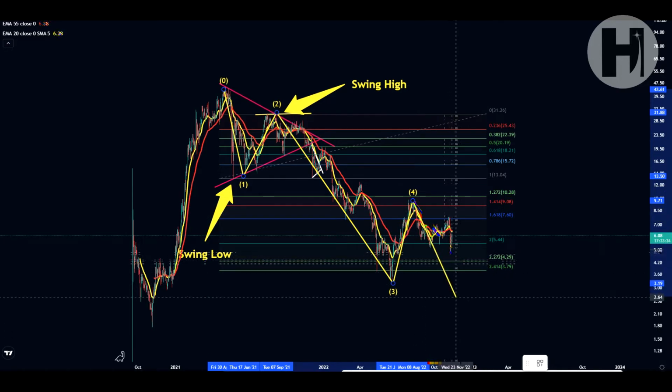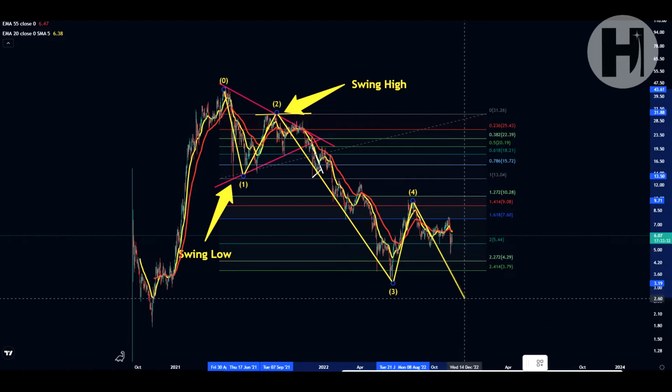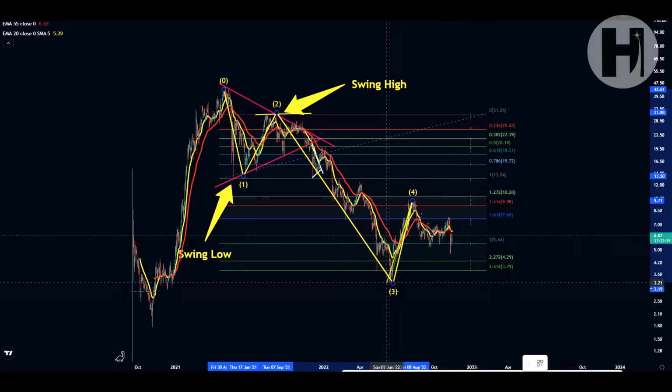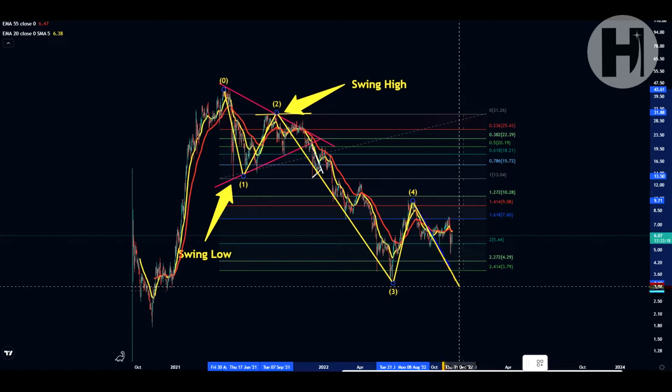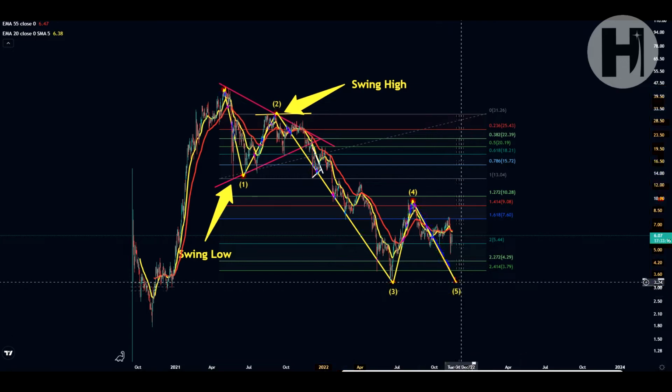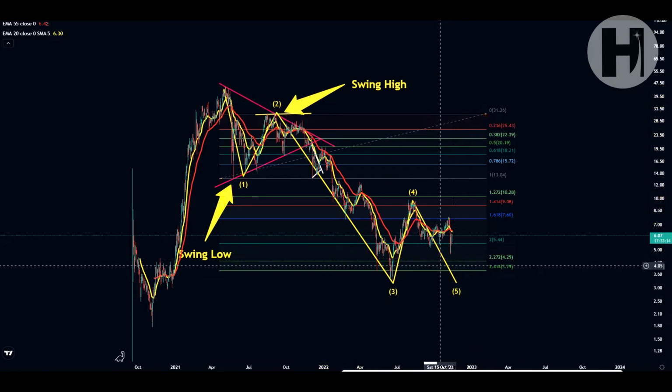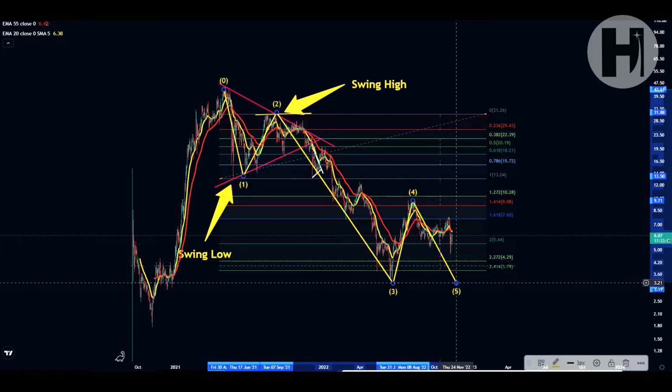And whether that low is going to be all the way down here below wave three or above it, because sometimes wave five can be on the level with three or slightly higher than that. We don't know that yet. So we're looking for that wave five. Let's see where that puts us. And if it's as long as wave three, let's say, that means we're going to be retracing all the way down to $3. But that doesn't have to be the case.